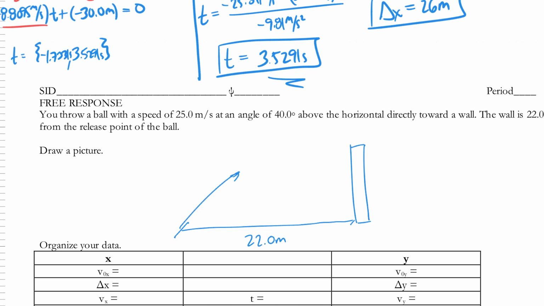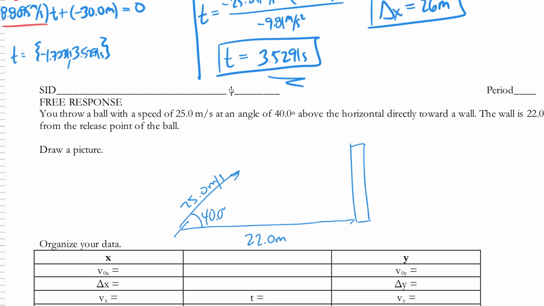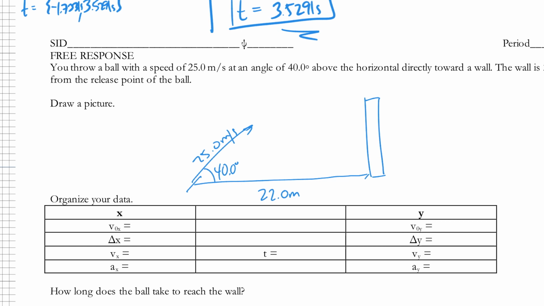This is where you're going to throw your ball at an initial speed of 25.0 meters per second at an angle of 40 degrees above the horizontal. Okay, so here's our picture. I really like asking people to draw pictures, especially because I think it helps them figure things out, right? So it is an exercise in giving me something to grade, but also,